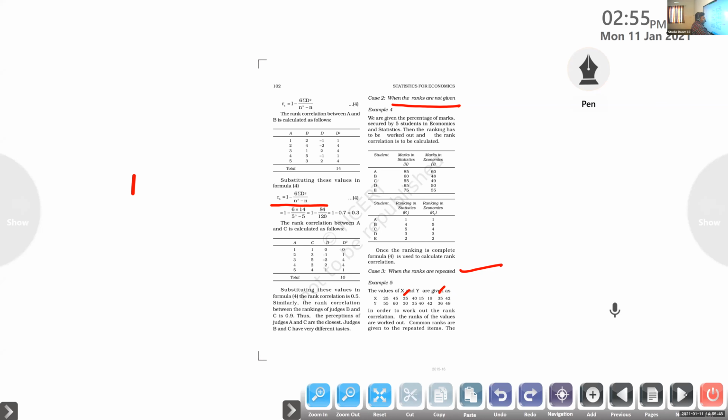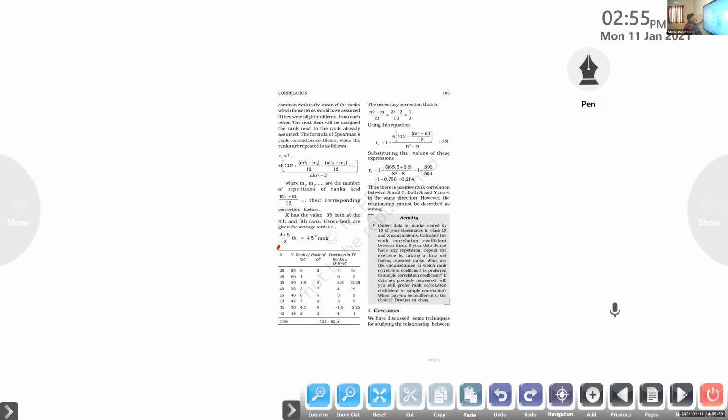So we want to give the same rank. Okay, so 4th and 5th rank. Clear? So if we are providing rank for these numbers, x are values. So 45 the first, second one it is 42, third one it is 40, fourth one there is no fourth one because 4th and 5th the same number, 35. Clear or not? 4th and 5th the same number, it is 35.